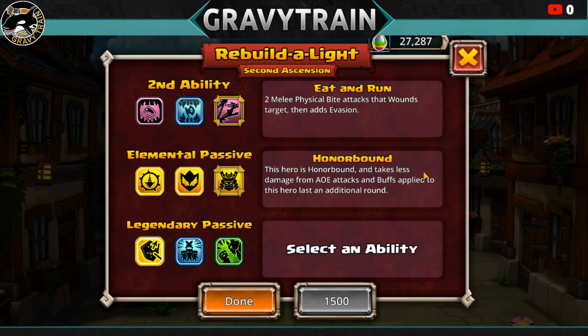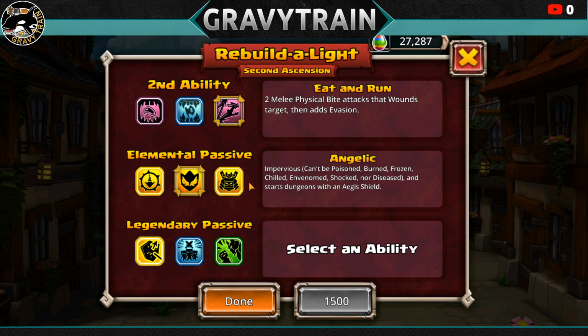And then finally, Honorbound, and this is from the Honorbound family. This hero is Honorbound and takes less damage from AoE attacks and buffs applied to this hero last an additional round. This is great. Of the three, none of these are bad, and depending on what you need for your hero,